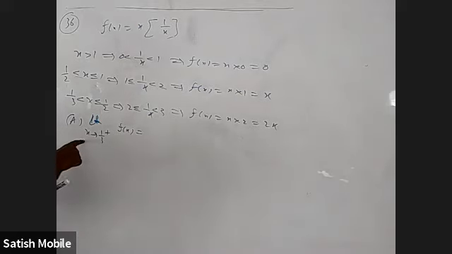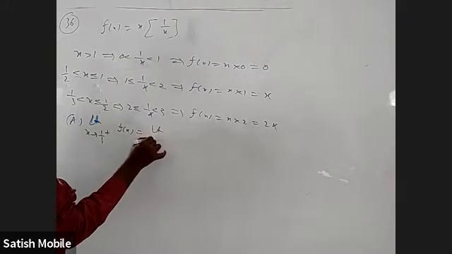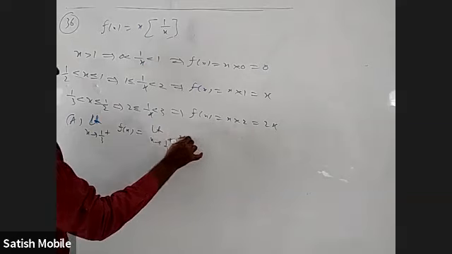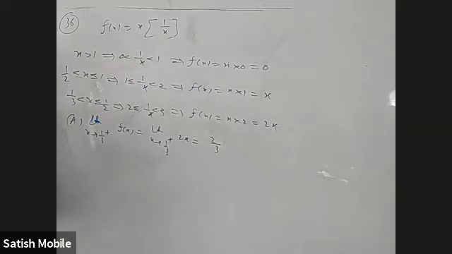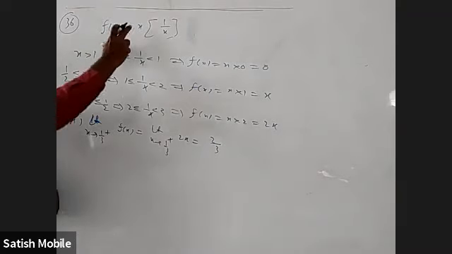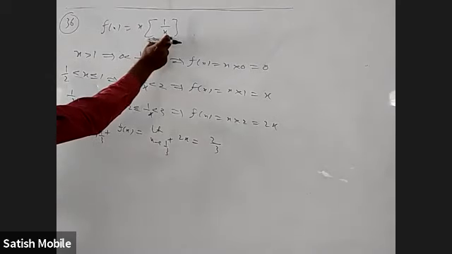When I'm approaching 1 by 3 from just more than 1 by 3, I have to use this function. It will be limit x tends to 1 by 3 plus 2x, which is equal to 2 by 3. Don't directly put 1 by 3 in the question and say this is 1 by 3, this is 3, and the answer is 1 or something. You have to see just after 1 by 3, what is the function, and put that. The limit is not about the value at 1 by 3, but what is happening around it. Is it clear? Okay.